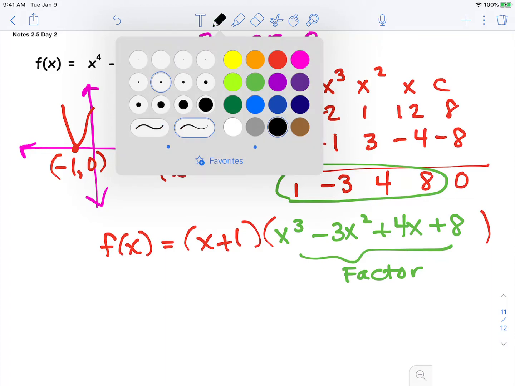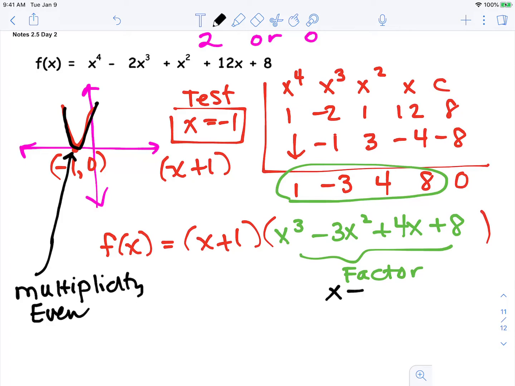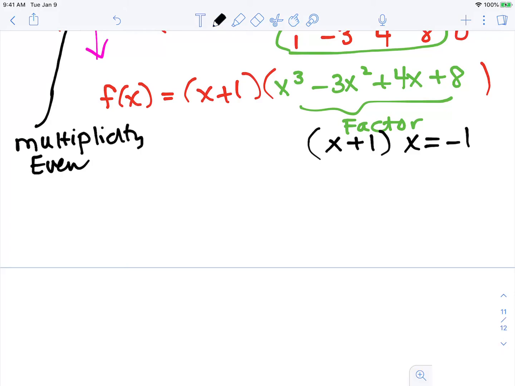Now, I want to remind you about repeated zeros. When they have an even multiplicity, at that x-intercept, it bounces and turns around. So that's telling me that at that intercept, that multiplicity is even. So I have another root there. So I'm going to continue factoring, and I'm going to take out another x plus 1, or another repeated 0 out of that green. So now I'm going to work with the green